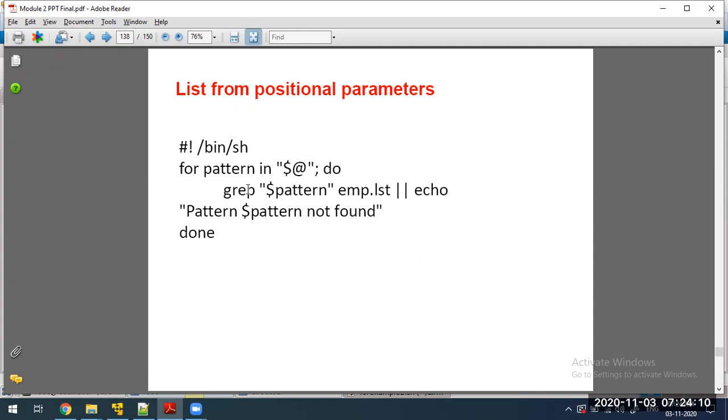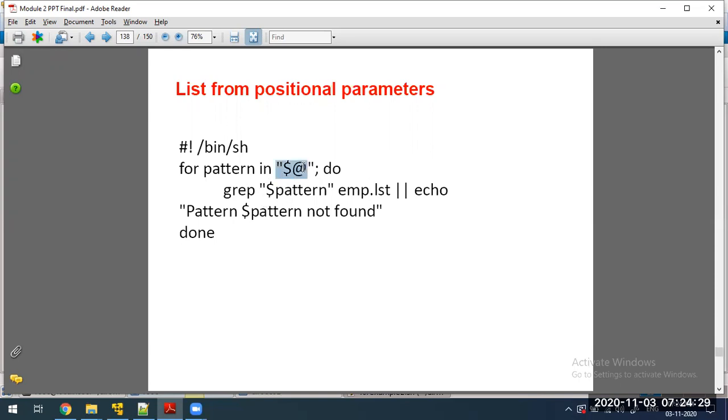One more thing, you have seen the command line arguments. You can use those command line argument values $@ and $*, which include all the values, and you can directly print them.